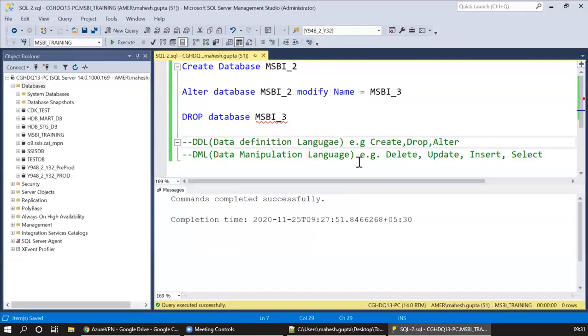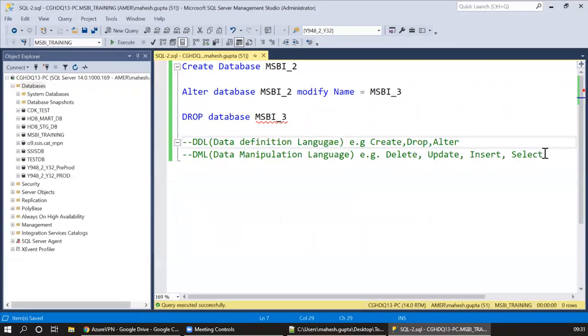Okay, so this was about databases: how you can create, alter, and drop them. Now let's move towards a different thing, working with tables. So what are tables in databases? A table is a place where you keep all the data. If you want to store data related to customers, you can create a customer table. If you want to store data related to patients, you can create a patient table. How to create that, we are going to do in the practicals.